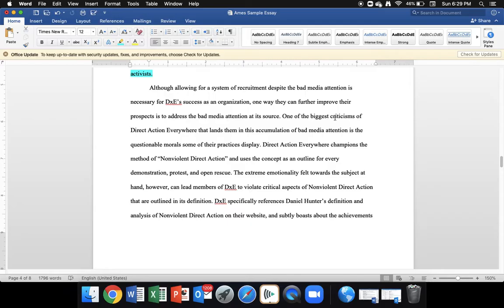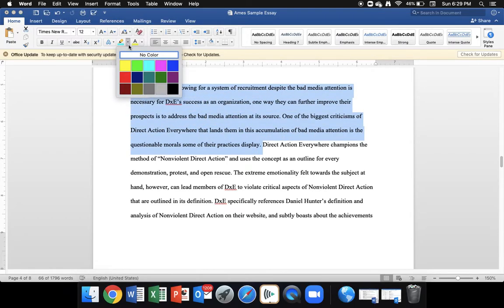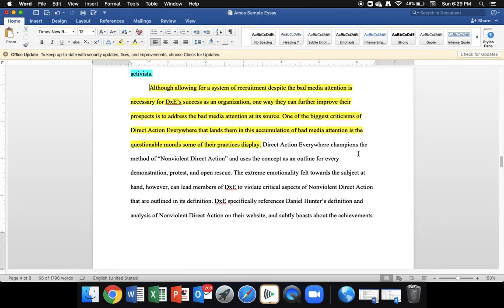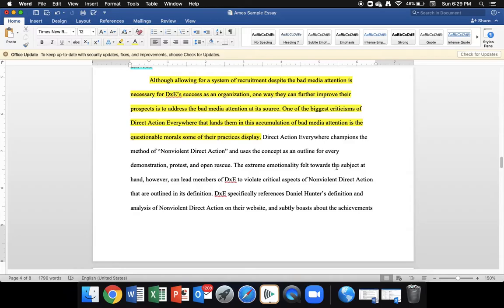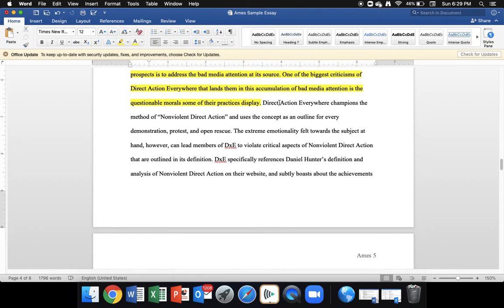One of the biggest criticisms of direct action everywhere that lands them in this accumulation of bad media attention is the questionable morals some of their practices display. So again, we have a great transition. She kind of layers things on top of each other and shows how this is another way that they could help their cause. Continuing. Direct Action Everywhere champions the method of nonviolent direct action and uses a concept as an